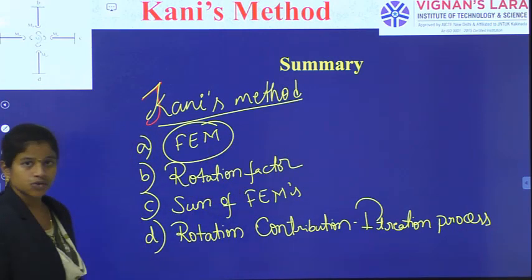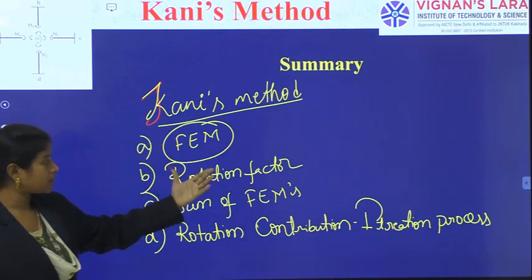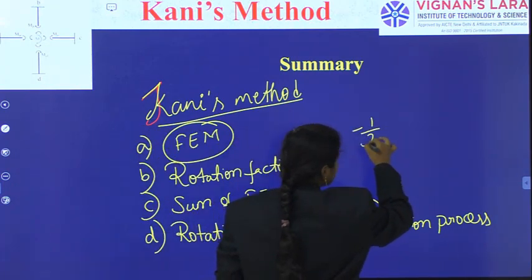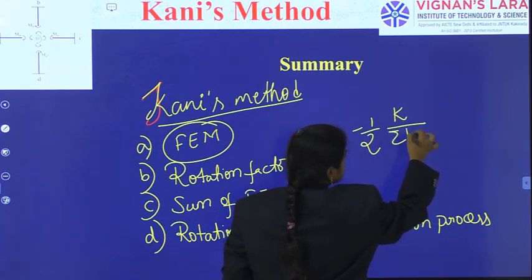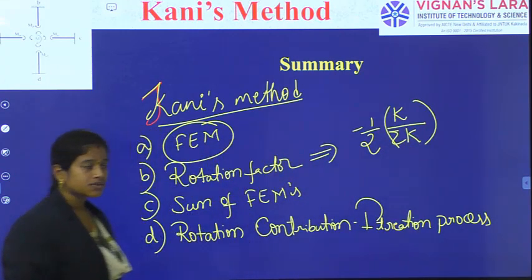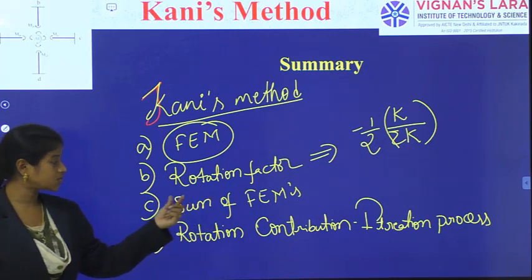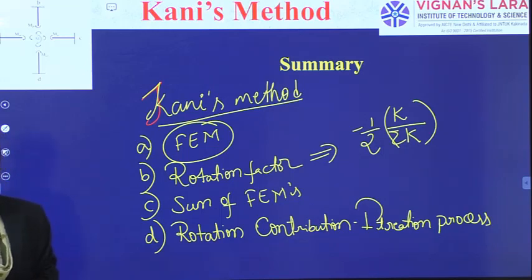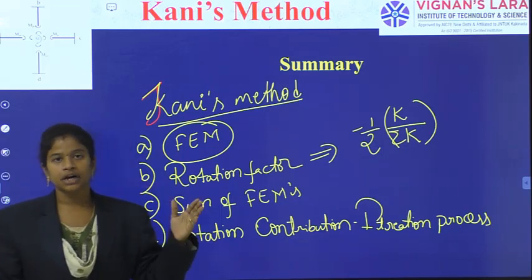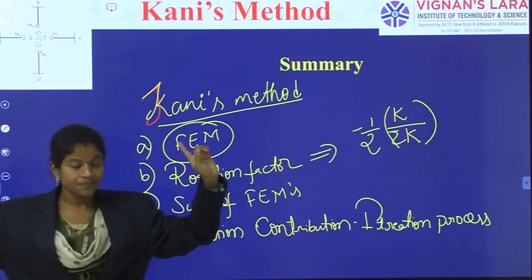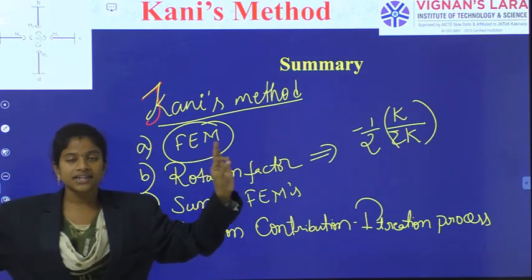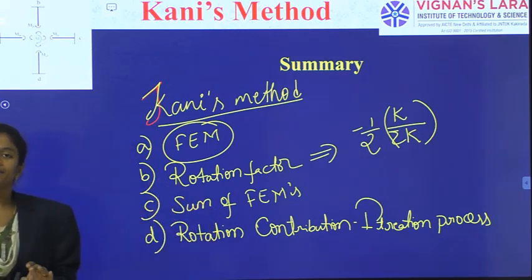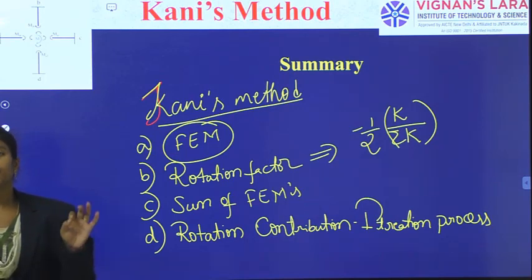So, with these values, we will develop the starting fixed moments. We should know the formula. Rotation factor is minus half times the relative stiffness of the particular member by the sum of the relative stiffness at the joint. And the sum of the fixed moments, once you know this value, you can calculate. And how do you develop the iteration process? Simply, first you have to observe, is there any fixity at the complete ends? Yes. When the fixity is there, those fixed ends will not give any contribution as there is no rotation. Those fixed ends will have zero contribution as they have zero rotation.